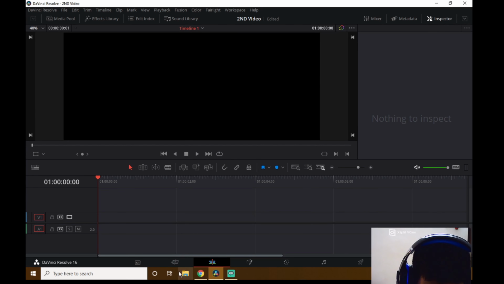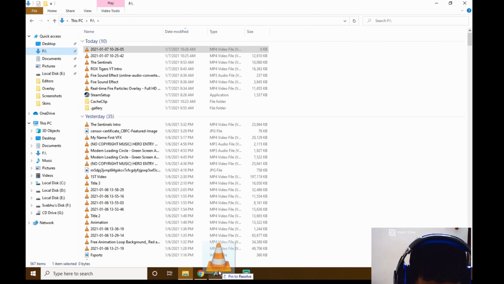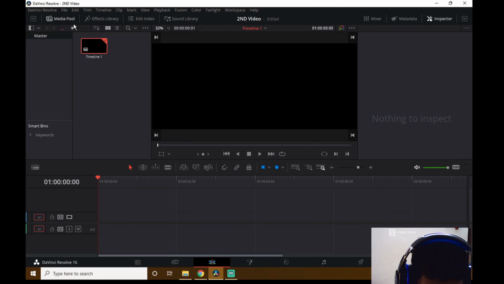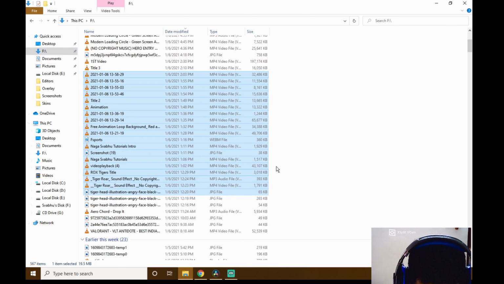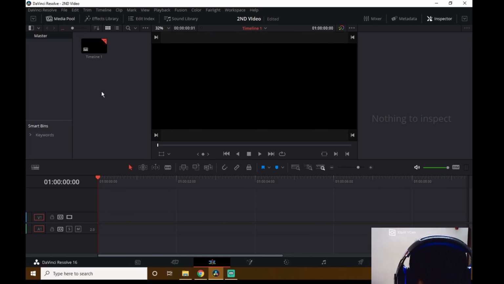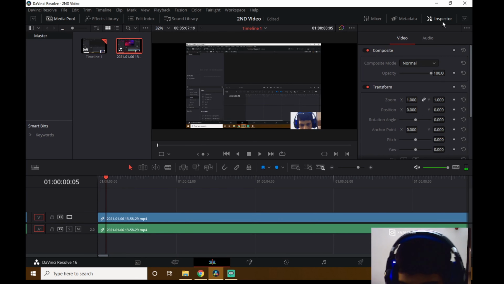So in the inspector, suppose you take any video, suppose you take my video, you'll get all the aspects of this, like the mode, meaning the filter: add, color burn, color dodge, darken color, difference, divide.